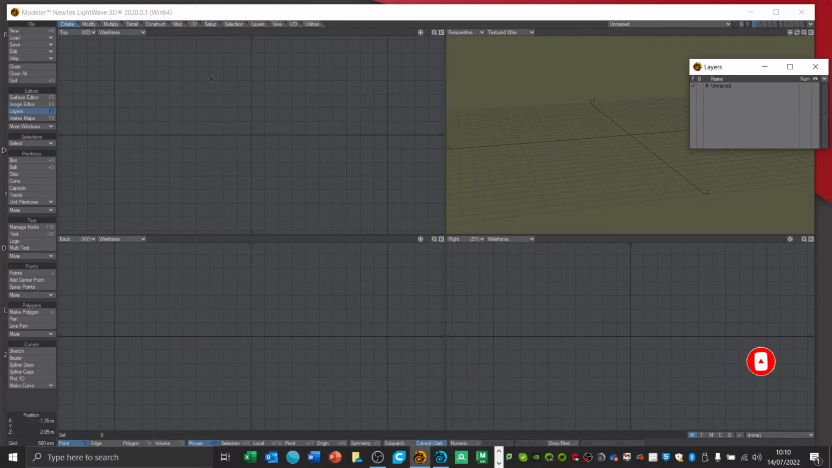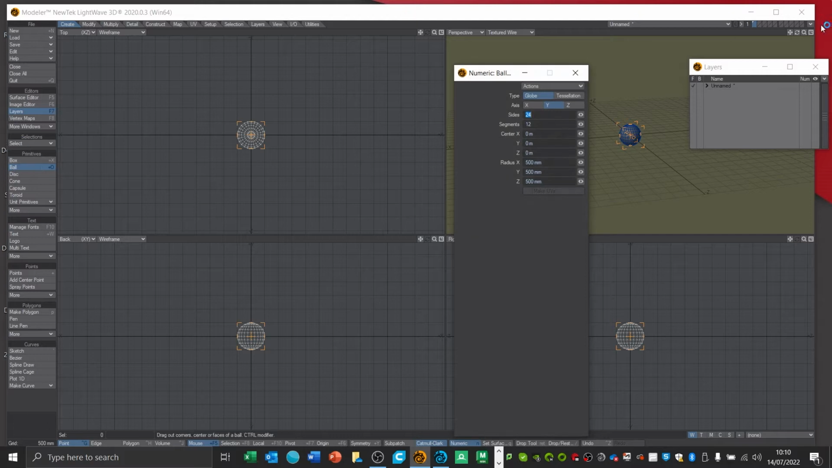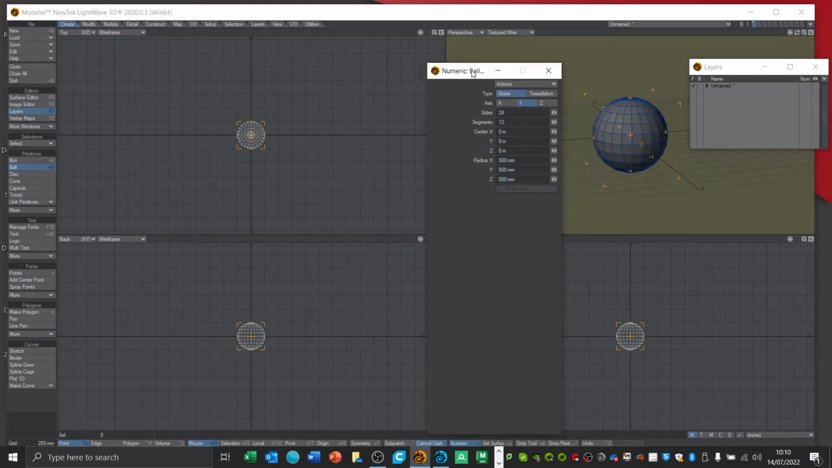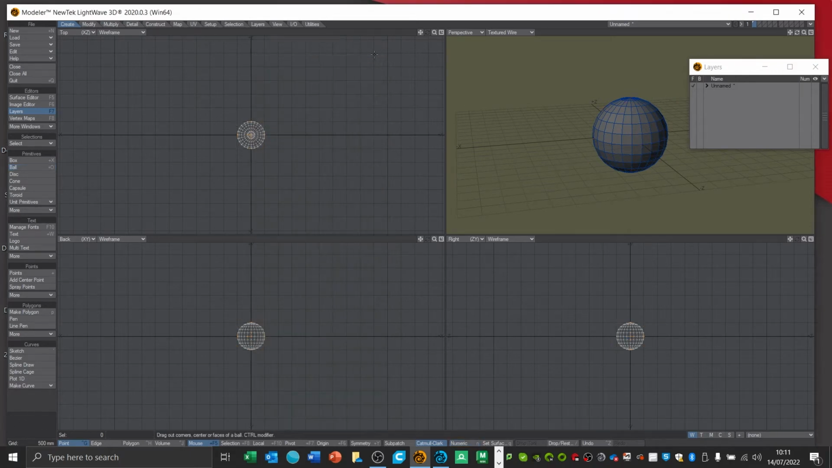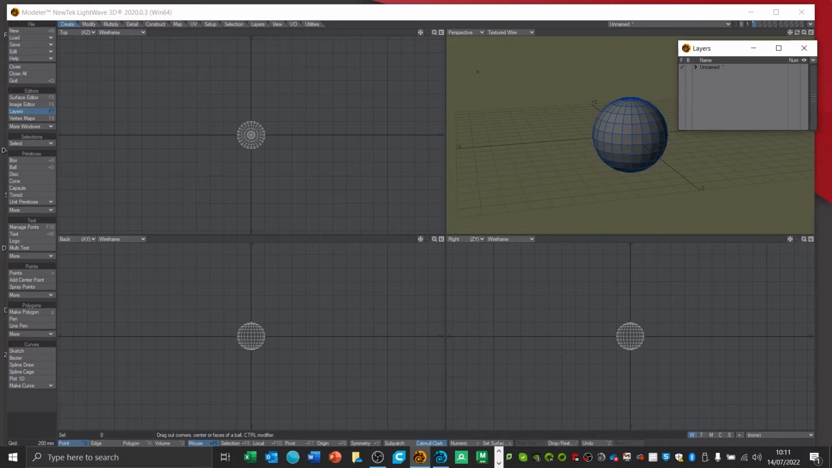So the first thing you're going to do is make a sphere. So we use the ball. Press N on the keyboard and you get the default ball setting, and we're just going to use that. I'm not going to add any details or anything. Look on your right. If we bring up the layers, let's just call it